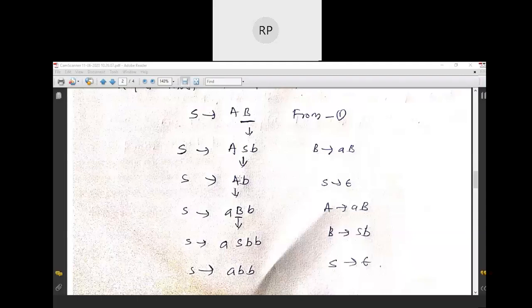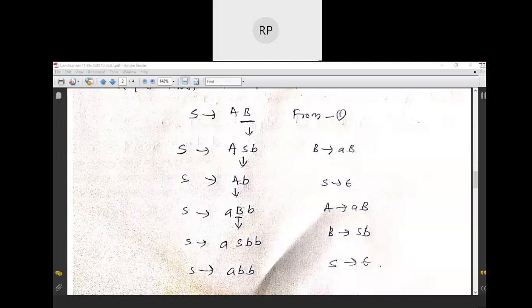Now B is terminal, leave it. Then A is a non-terminal, so this A has to be replaced. Now A can be replaced with small a, capital B. I will replace it. A is replaced with small a, capital B. Then again you scan from right to left. b is terminal.